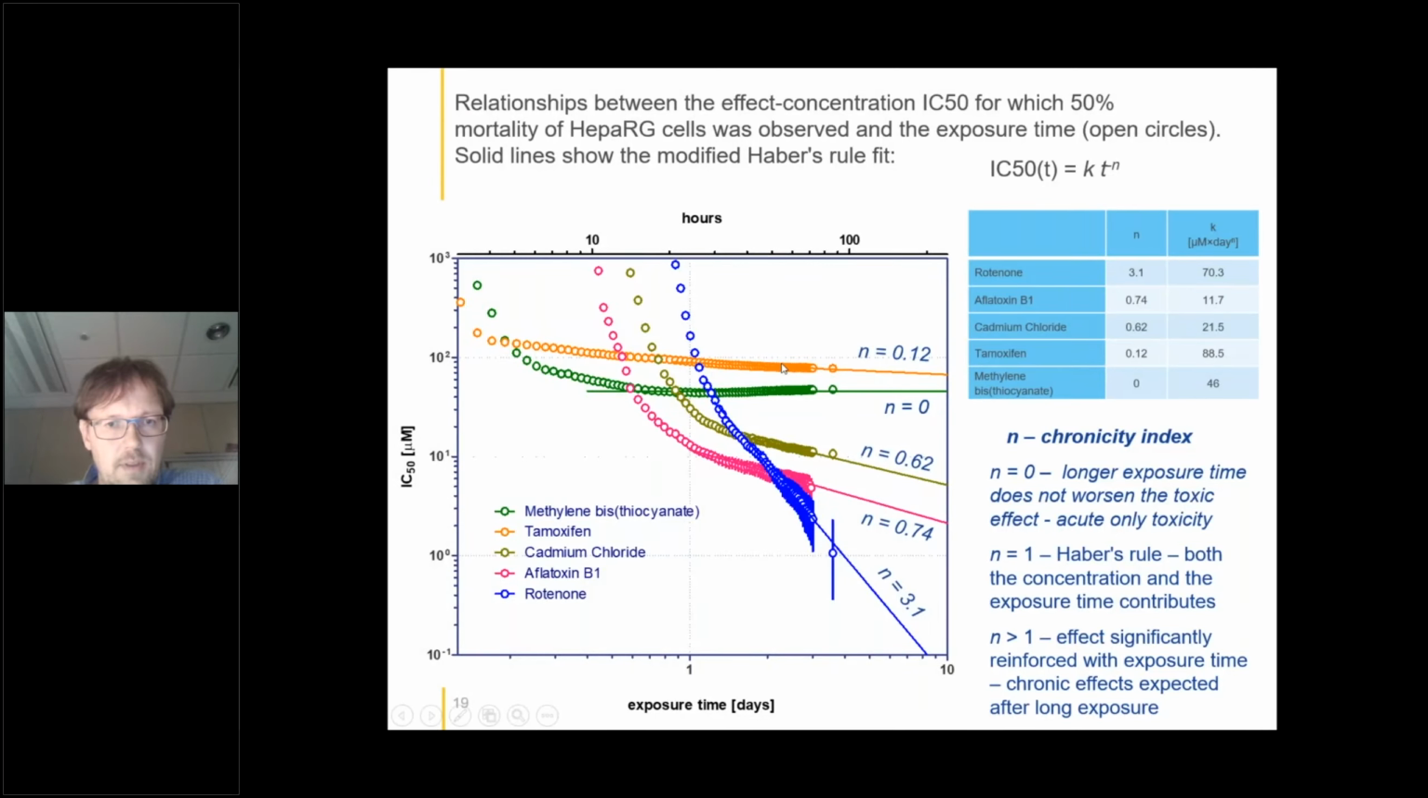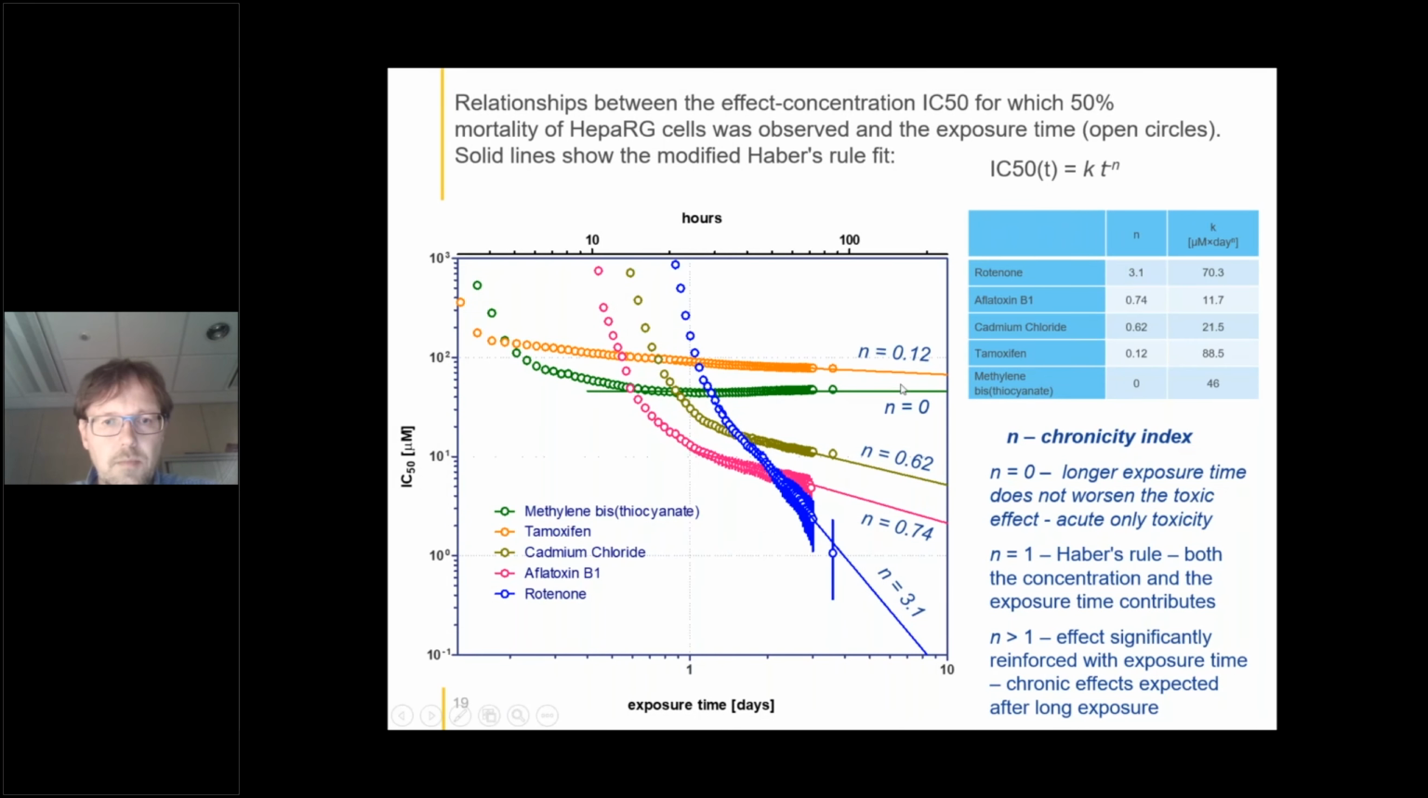You can see that the first 2 chemicals which I showed you before, which were practically overlapping, here these relationships are very horizontal. In the case of the methylenbis, it's practically horizontal. In the case of tamoxifen, it is only slightly decreasing. For another 3 chemicals, we see that the decrease with the exposure time is more significant, and the highest is